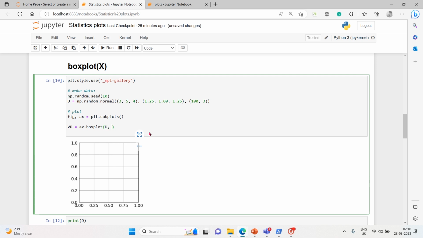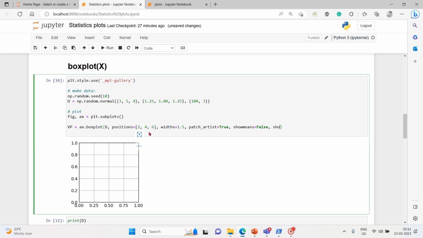So first data, then positions is equal to 2, 4, 6, then width is equal to 1.5, then patch_artist is true, then we have showmeans is equal to false,